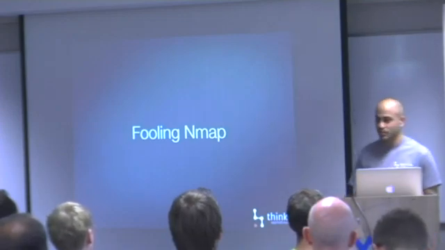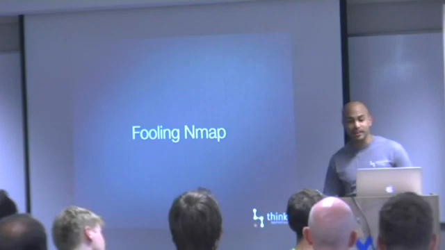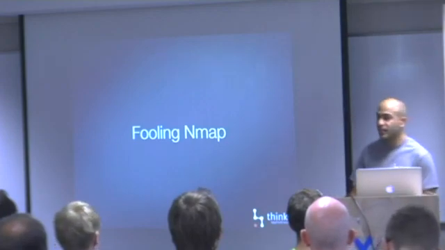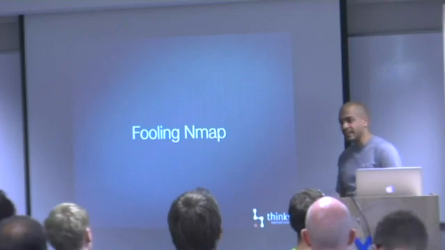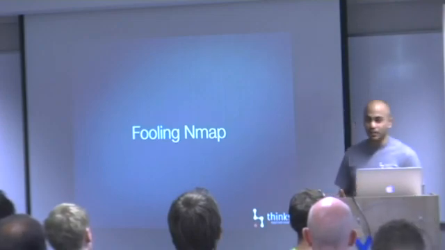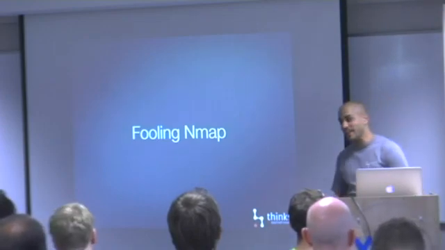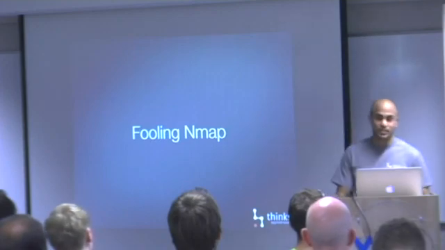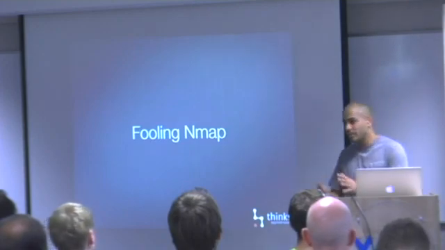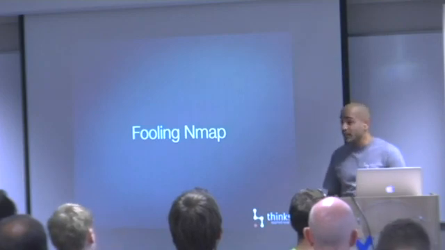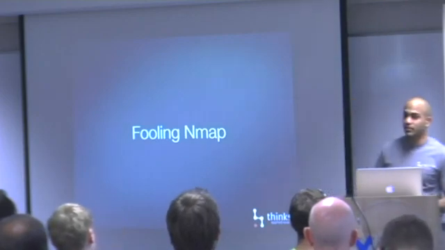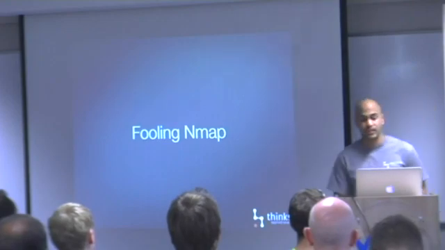It's the heavyweight port scanner, but it also does a lot of other things. One of the other things it does is it can fingerprint an OS based on the peculiarities in the network IP stack. So amidst many TCP, IP, UDP standards, there's always little corners where implementers can do things slightly differently. And those are the sort of quirks that Nmap tries to pick up on to be able to distinguish which OS is running on a host.